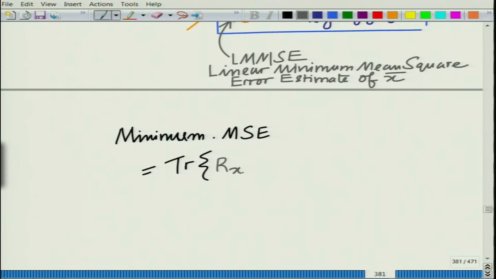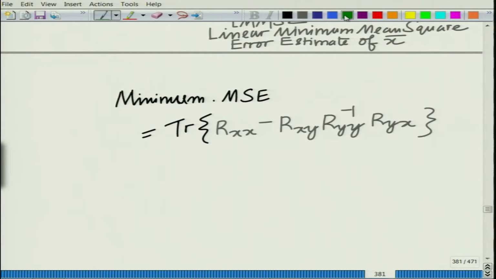R_XX minus R_XY times R_YY inverse R_YX. This is the minimum MSE, and in fact, if you look at this, this is nothing but the error covariance matrix